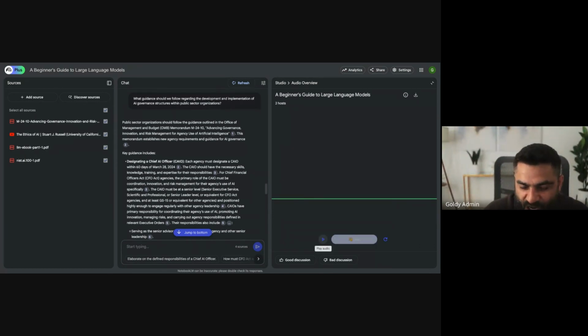Right, so just imagine how powerful it becomes when the resources you have become an audio overview, and then you can chat with that overview when you're driving or you don't want to read the text. It becomes very powerful. So now with that, let's switch gears a bit and go to Gemini,